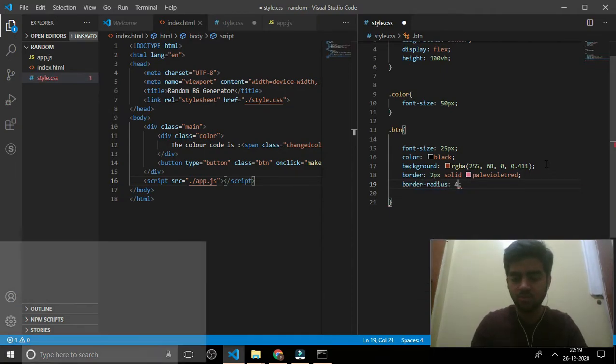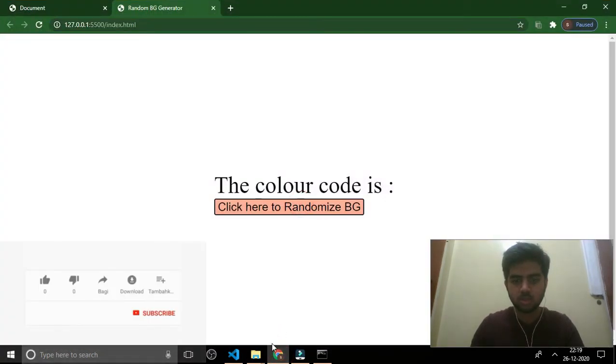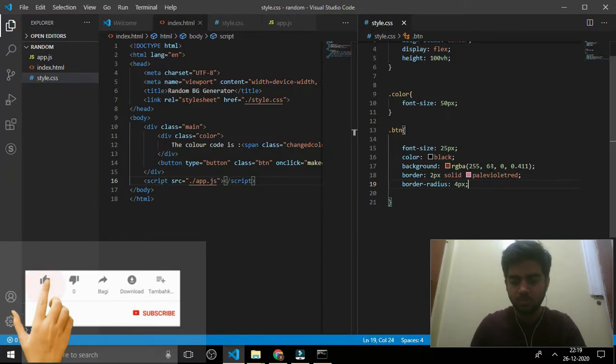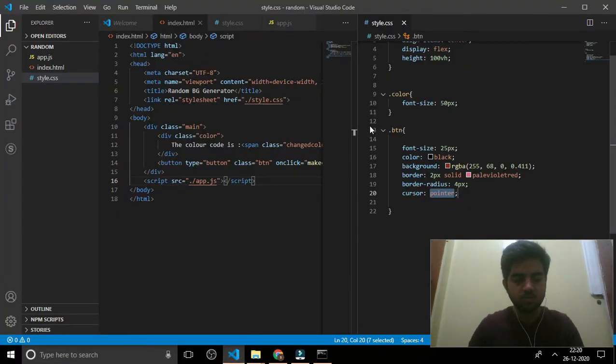Let it be 4 pixels. Let's see this. Cursor pointer. Okay. Yes. The color code is, click here to randomize BG. Okay. Now let's code some JavaScript.